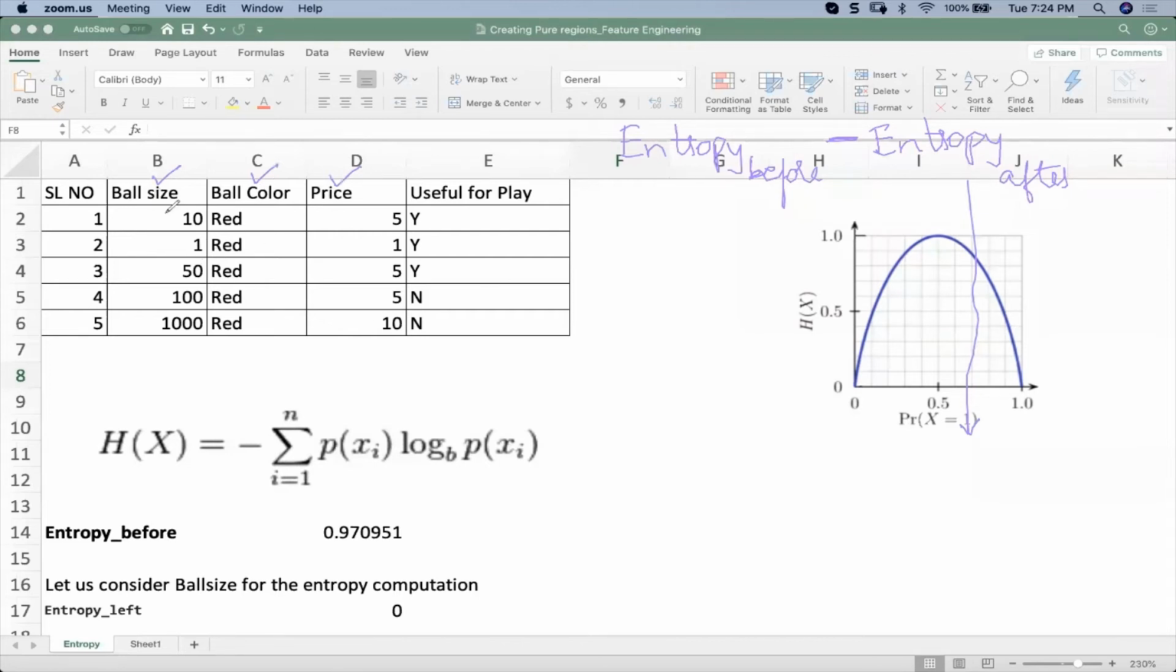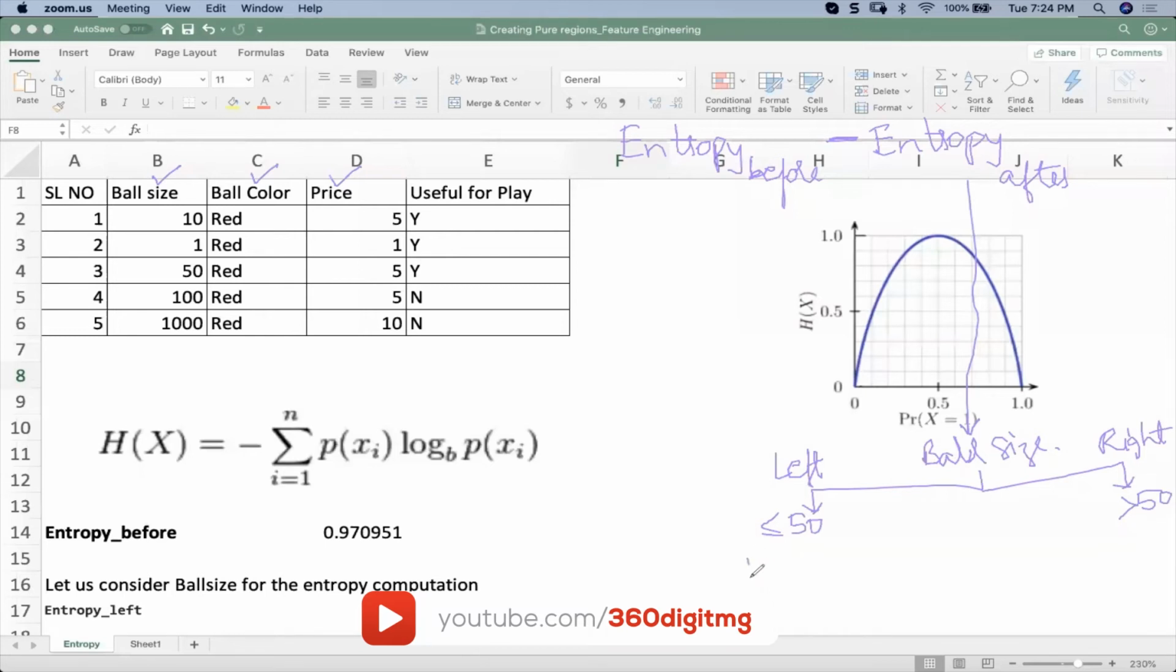Say you're choosing ball size. When you choose ball size, you will have a left hand side and a right hand side. Then you use some rules. Say you're using less than or equal to 50 here. Your model will figure out what the values should be. Greater than 50. This is the rule that you're coming up with. So when you split your tree using the ball size variable, then you have to calculate entropy